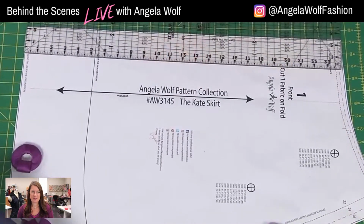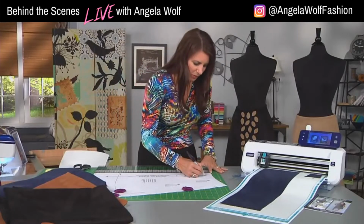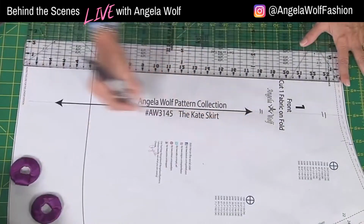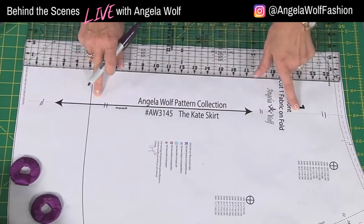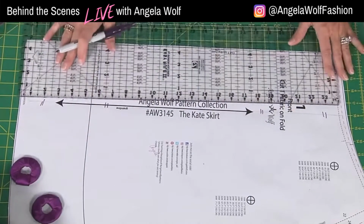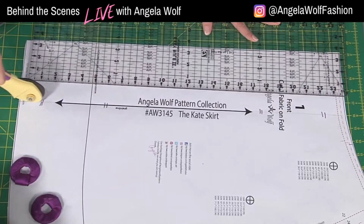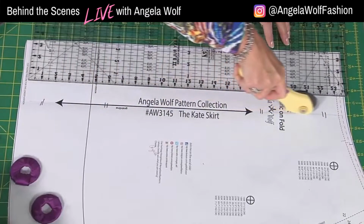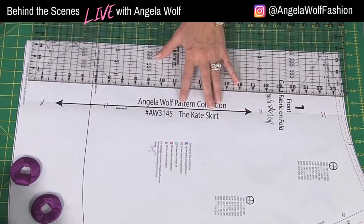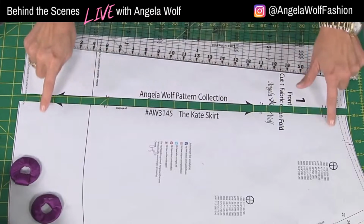Now, one thing that I want to do, I'm going to grab a different color here. I'm going to put little slashes here. You've probably seen me do this before. What this slash is, oh, how funny, it went right down almost next to the grain line. Well, that wasn't a planned thing. And I'm just going to take the scissors or rotary cutter, whatever you have, cut down this line. And when I slide this apart, I know I need to add seam allowances to both of these edges